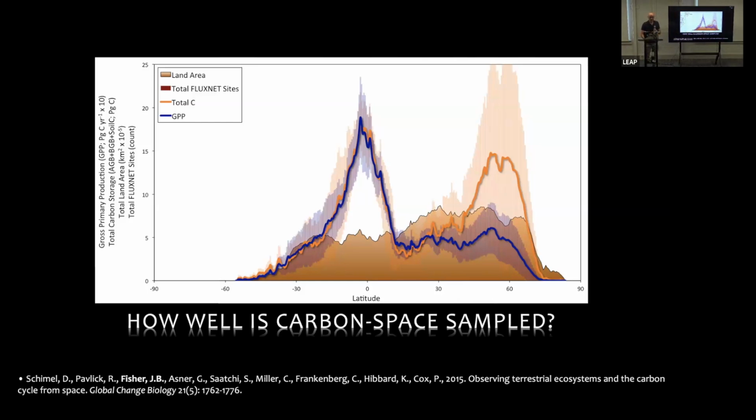So again, how good is our representation of in situ measurements when we come to our biases? These are our flux towers, one representative of how we measure ecosystem properties, and they're where you'd imagine, mostly in the US and Europe. So we're woefully undersampling the tropics and huge parts of the Arctic.